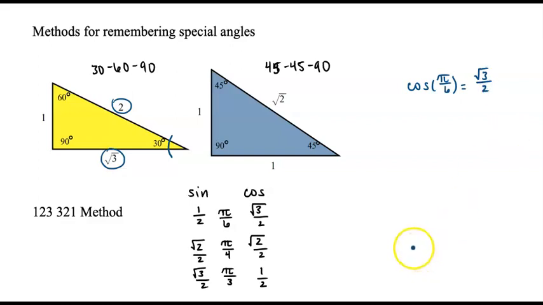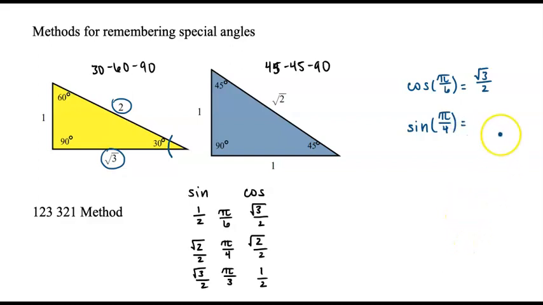If I, for example, wanted to find the cosine of pi over 6 using this little 1, 2, 3, 3, 2, 1 down here, I would just say, okay, pi over 6, I'm looking for the cosine, boom, that's root 3 over 2. All right, if I want to find, and I want to talk about this one, the sine of pi over 4,